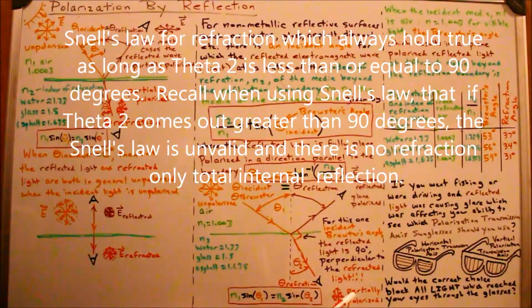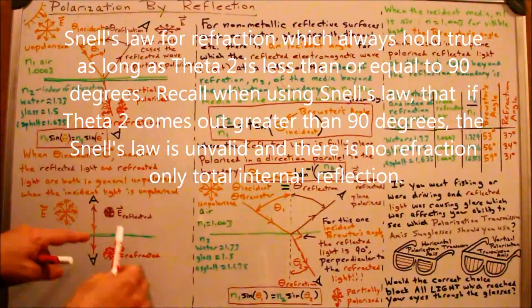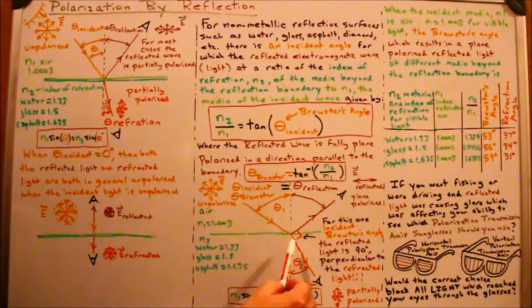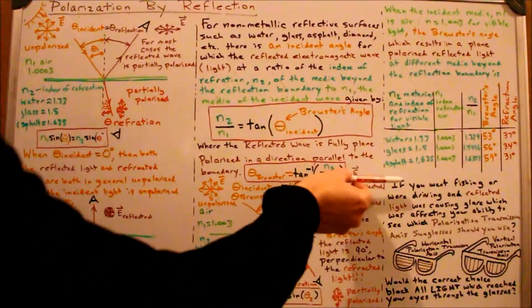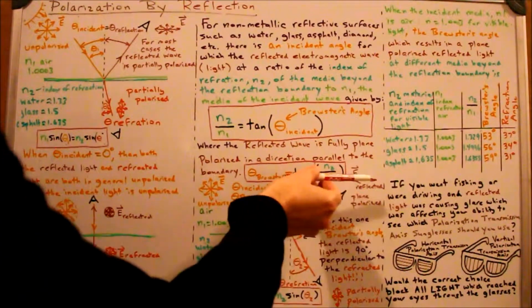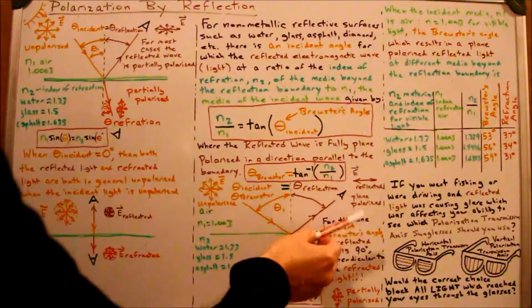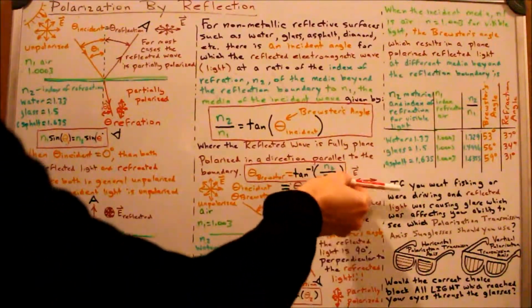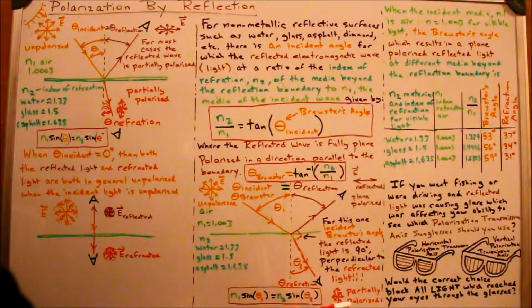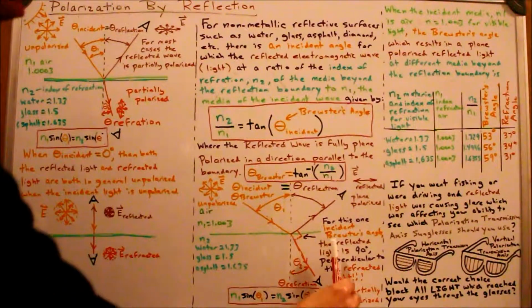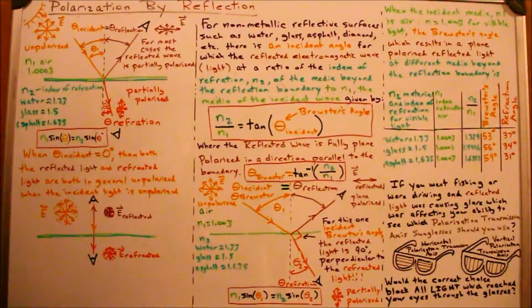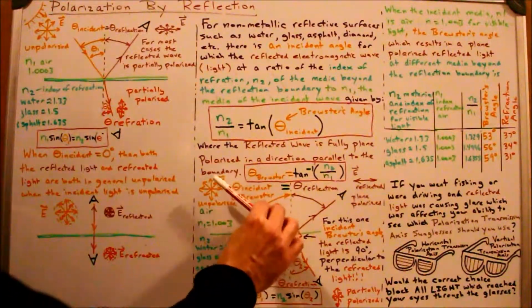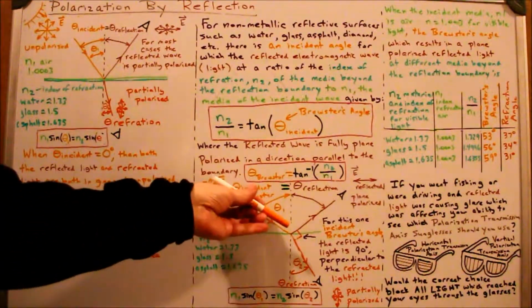In this condition, just like every other condition except when I come straight in, the refracted signal will be partially polarized. And since the reflected one contains nothing which is perpendicular to the boundary, everything parallel to the boundary, this one once again contains more of the signal which is perpendicular to the boundary. But what's even more interesting, and I'm not going to do the trig right here, you certainly can do that yourself, is that at this one unique incident angle, which also happens to be the same as the reflection angle,